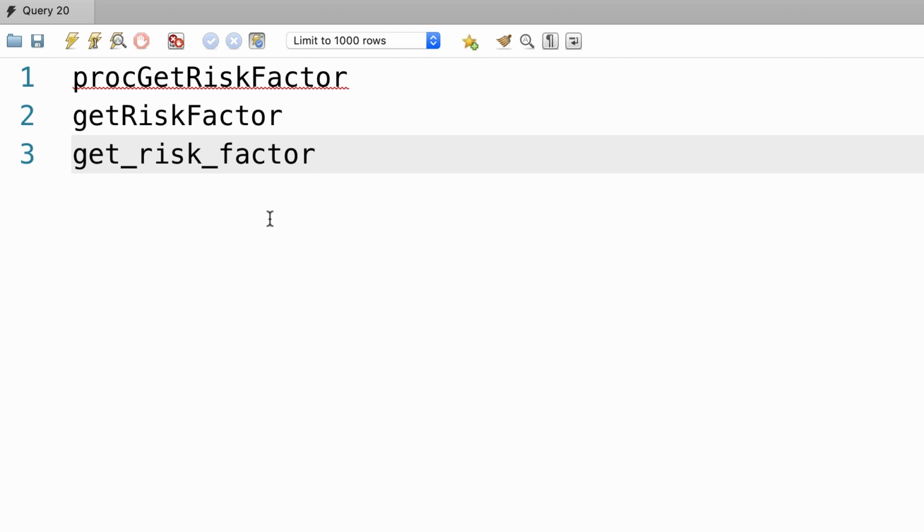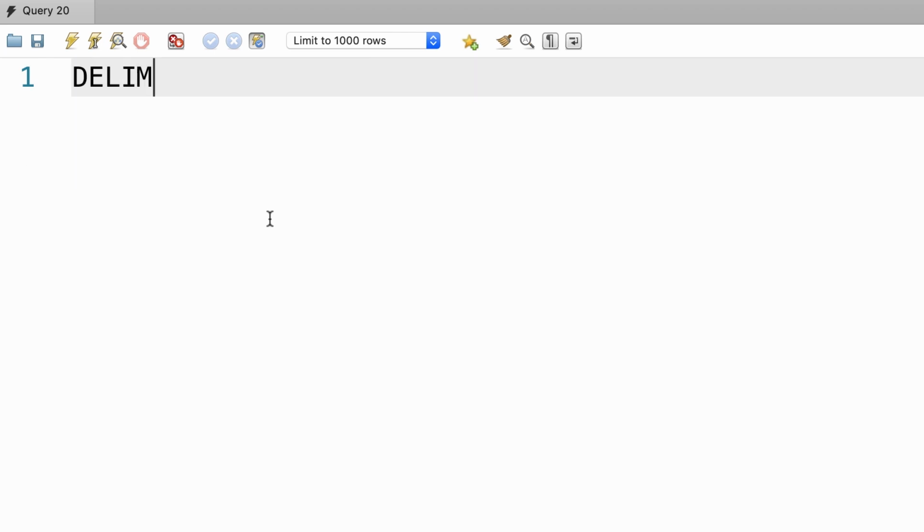By the same token, there are different conventions for changing the default delimiter. Some people like to use double dollar signs. Other people like to use double slashes. My advice to you is wherever you work, adopt the convention that is already there. Don't try to reinvent the wheel, because most of the time you'll be working on applications that are already built. They might be a few months or a few years old.